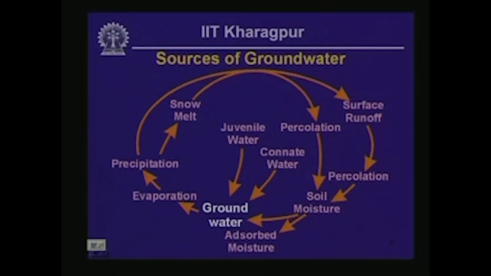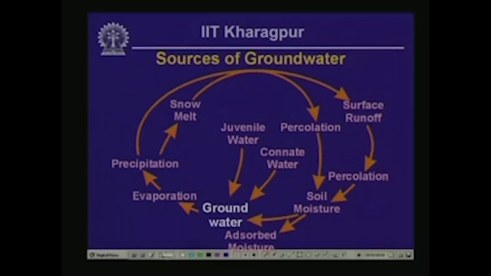So as we stated before, we can have precipitation in the form of snow or in the form of rain, and a part of it is going to percolate underground, and a portion of it is going to flow on the surface down slope to a water body, and from the water body in turn percolation could take place,